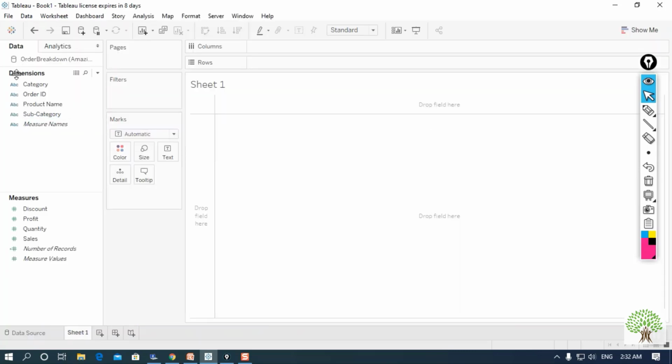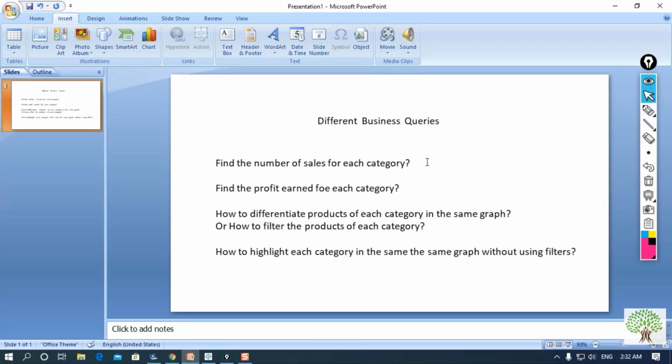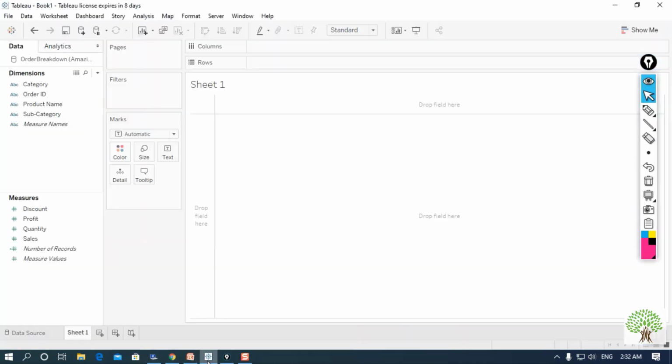And here, as you can see, there are some columns that are present in dimensions and some columns in measures. The sheet contains category, subcategory and product. What if I want to resolve the first query, that is, find the number of sales for each category? Now, we cannot get the product's name within category. So how could we find out the number of sales that have happened? For that, we need to get a hierarchical form of these dimensions.